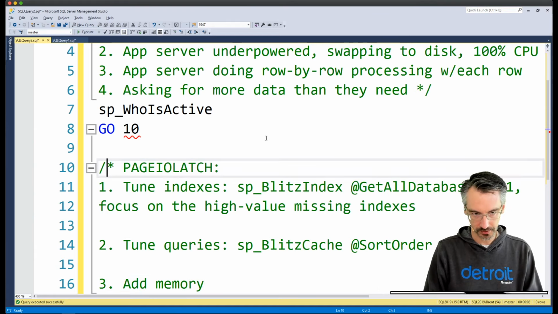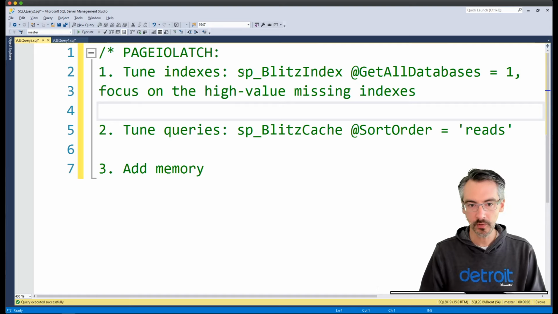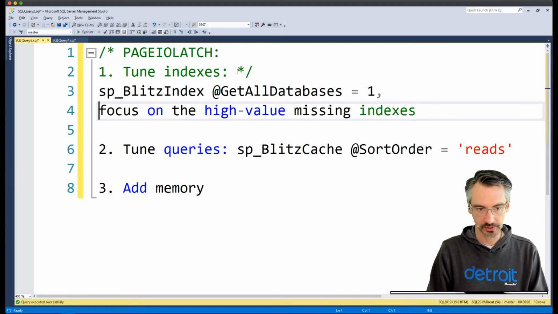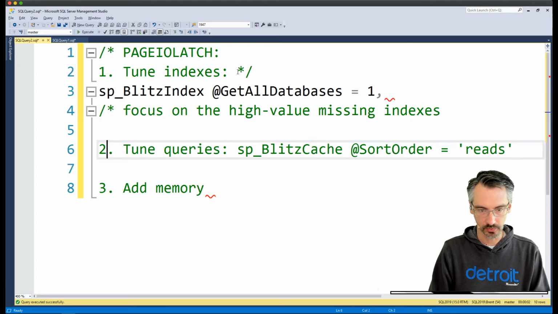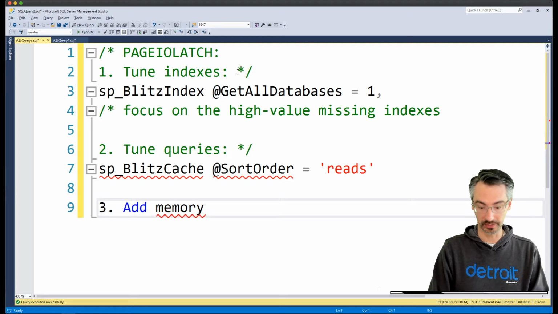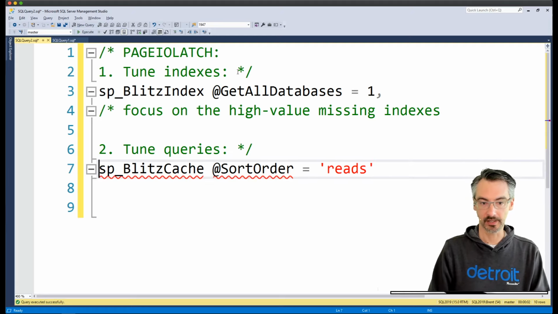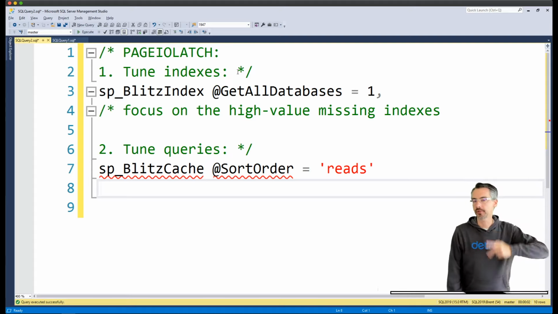In yours, so J, I'm going to say that you would go through in this order. And I'm going to do this just so that you get a little bit of color coding there. And then here, yours, I would absolutely not add memory. I'm going to take that away there. And that's perfect. So those are the 2 things that I would do on yours.